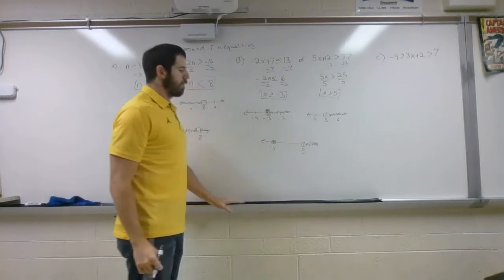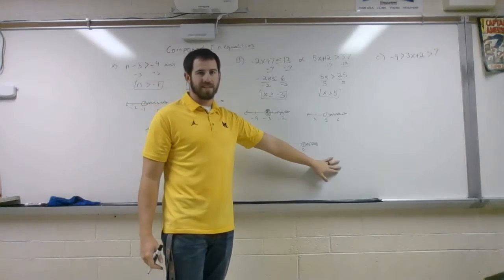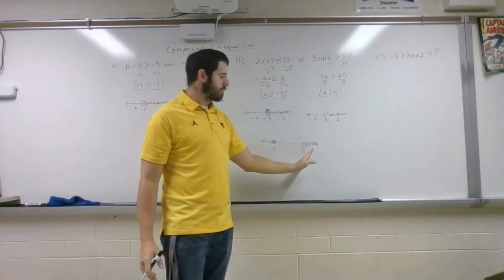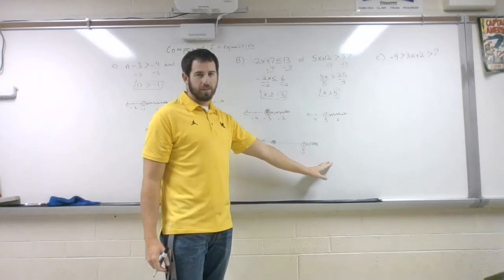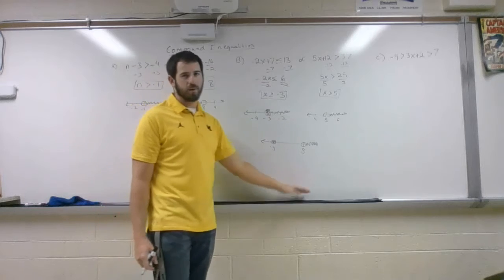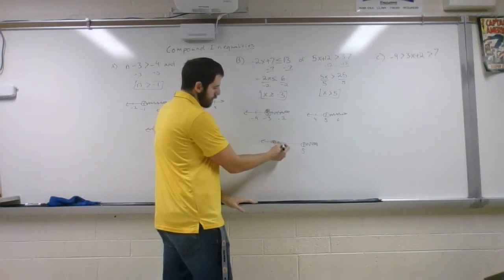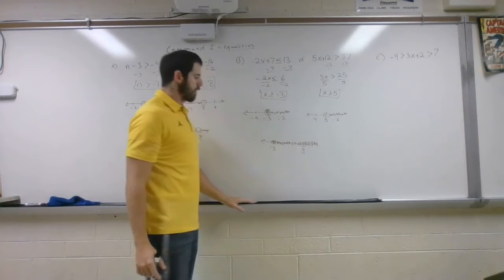So that means some of my solution needs to be more than 5, okay, some of it. Any solution that will work for this right part needs to be greater, if it could be 5.1, and it will work here, okay? But then if we look at this one's also a greater than, so this one's gonna be shaded to the right as well. So what our real solution actually is everything including -3 and greater,